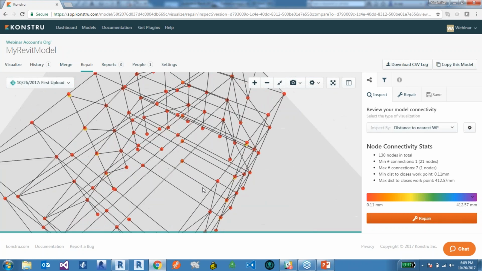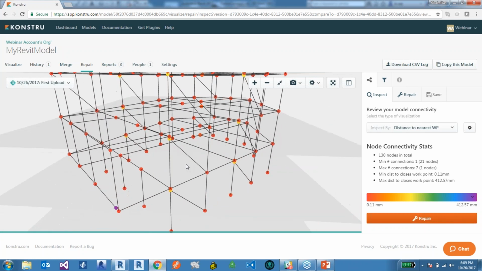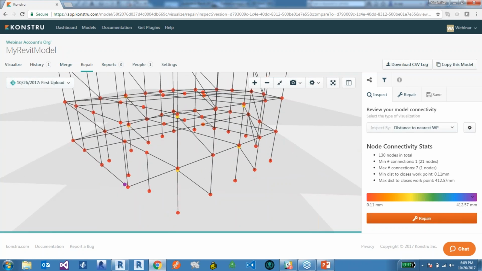So this way we can easily spot all the odd ones out, and in the color code we see, okay, this should all be red, right? It means they should all be on grid and level intersections. So what I'm going to do now is repair this model, and I'm going to hit the